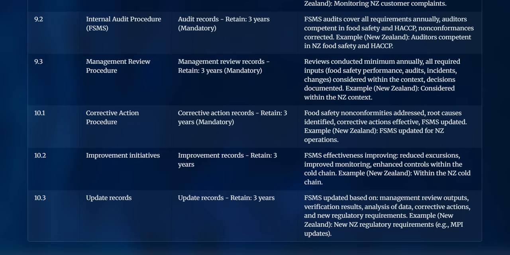Auditors will look for evidence that food safety non-conformities are addressed, root causes are identified, corrective actions are effective, and the FSMS is updated. Then clause 10.2 requires you to implement improvement initiatives and keep records of your improvement. Auditors also look for evidence here that FSMS effectiveness is improving, including reduced excursions, improved monitoring, enhanced controls within the